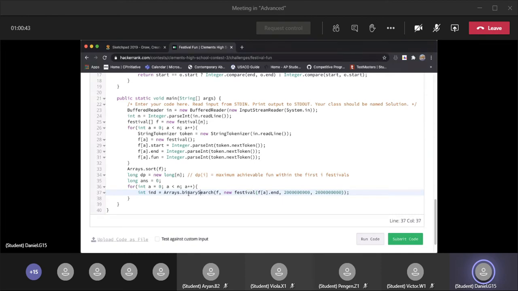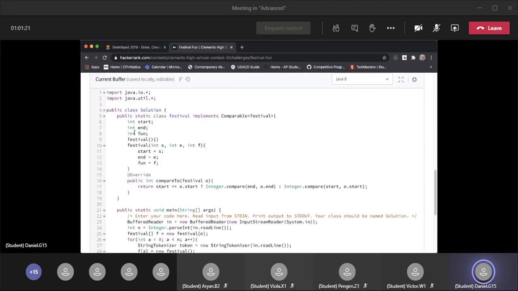And Arrays.binarySearch, I'm pretty sure y'all already know this, but I'll go through it anyway. If it can find an element inside of an array, it just returns that index. Otherwise, if it can't find it, it'll return the index of the first element greater. So if we use the binary search function, it'll return the index of the first element greater than this festival that I created. But if you analyze this closely, you realize that